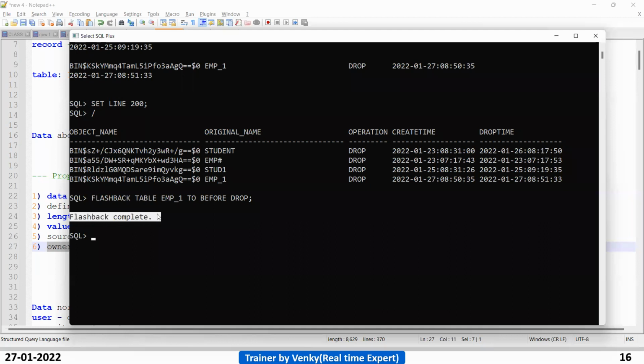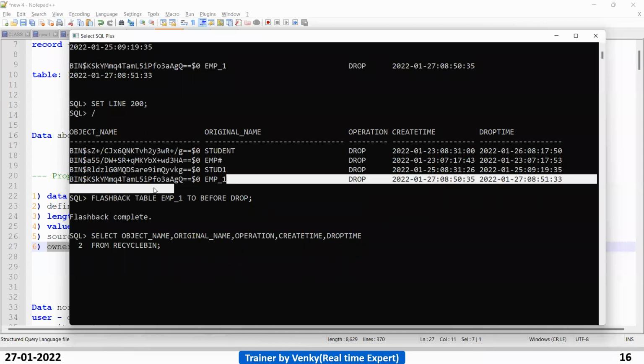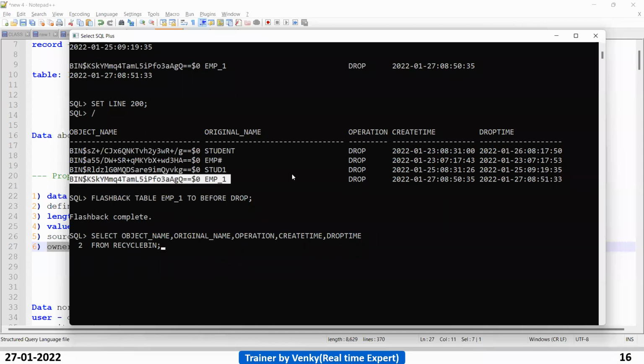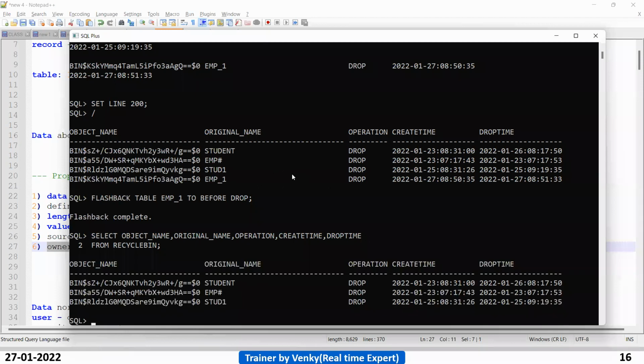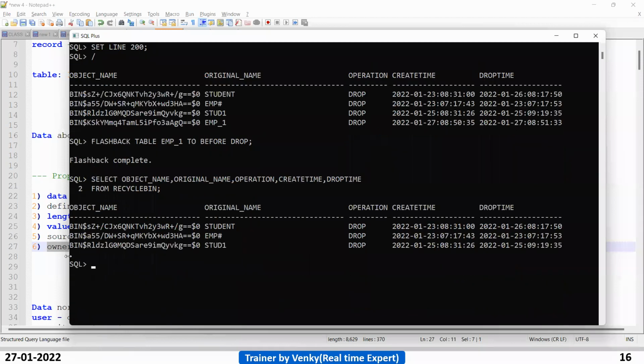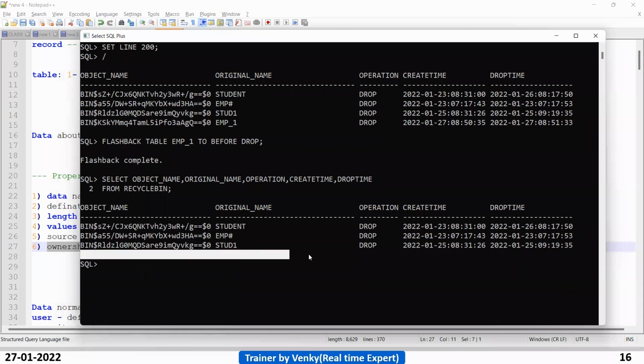Flashback is completed. Let us check whether the table is still in the recycle bin or not. If you flashback it, it has to go from there. Is there a table? No, because we have done the flashback.